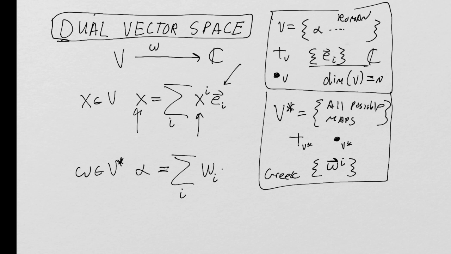So alpha is going to be alpha subscript I, omega superscript I. Now omega is still a vector, right? So this little symbol here means it's literally a vector, right? This is a vector space, so its elements are vectors. We call them covectors